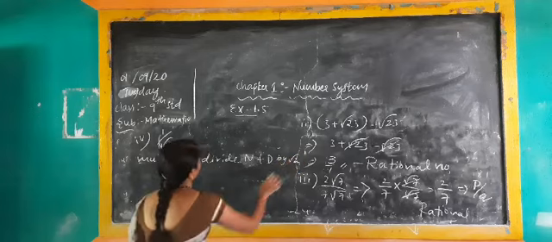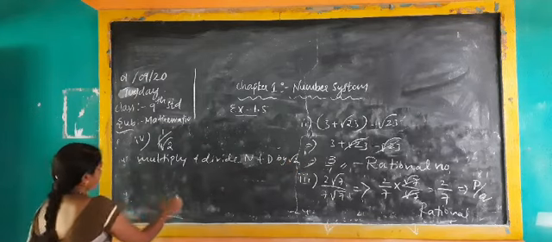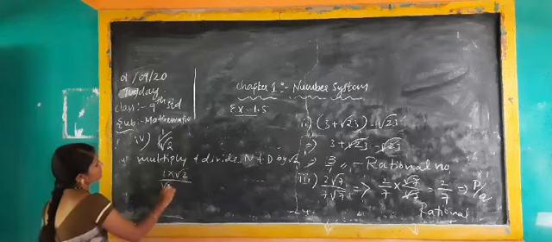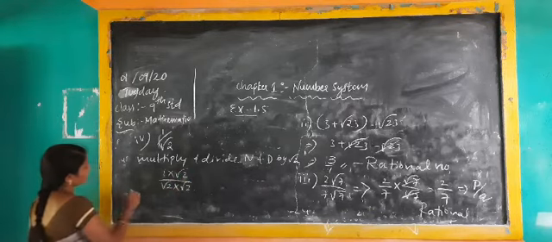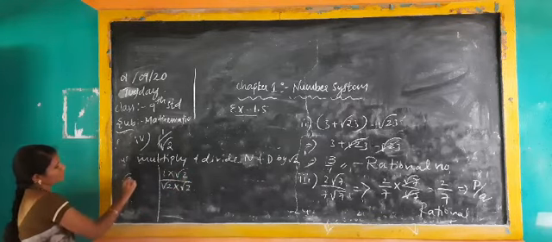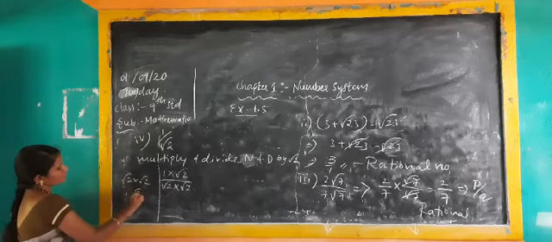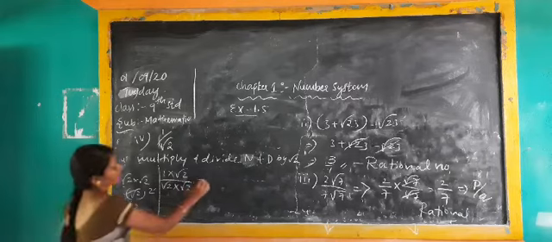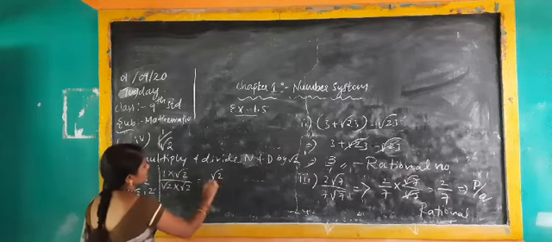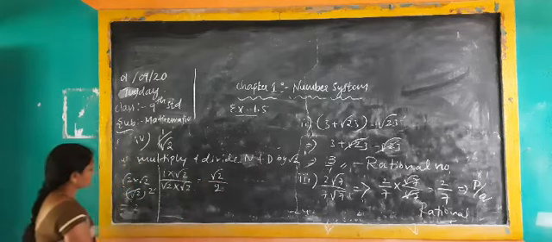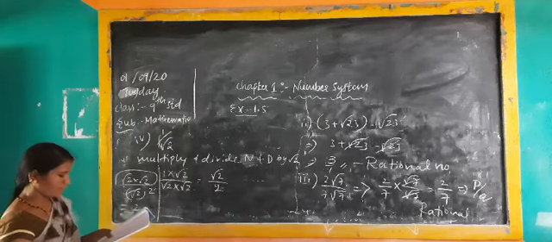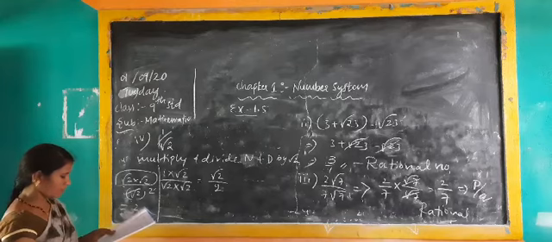Why am I taking root 2? If multiplied, it is 1 into root 2 divided by root 2 into root 2. You know already, write it down on the side. Root 2 into root 2 is root 2 whole square, square and square root cancel, and you will get 2. Here root 2 into 1 is root 2 by 2. Already you know 2 means root 2 into root 2. So here it is root 2 by 2.